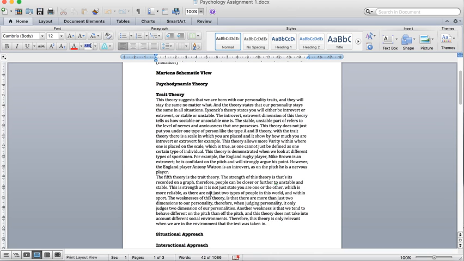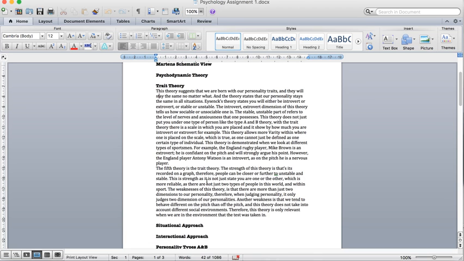But however, we could argue against that and say that there are times when Anthony Watson has demonstrated extrovert, and that kind of comes into this next bit, the trait theory. There are flaws with every theory, and with the trait theory, although it's plotted on a graph and it says what you are, the flaw is that actually your personality doesn't stay the same in certain situations. And it does differ depending on what situations you put a person in.